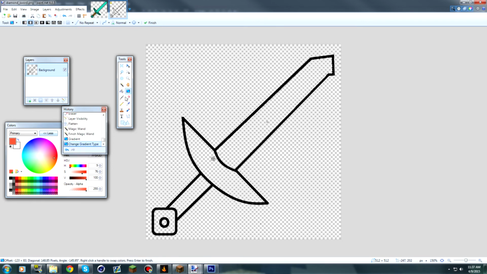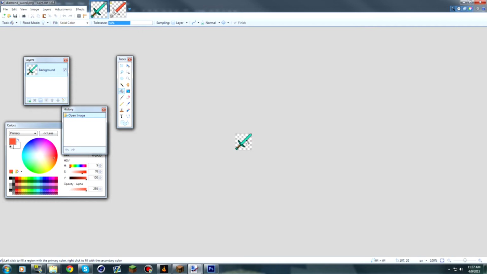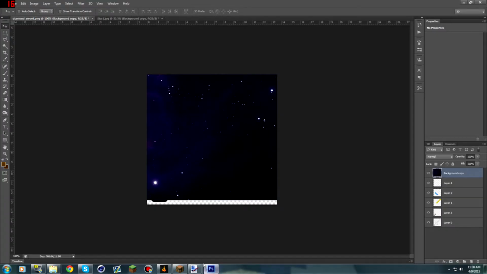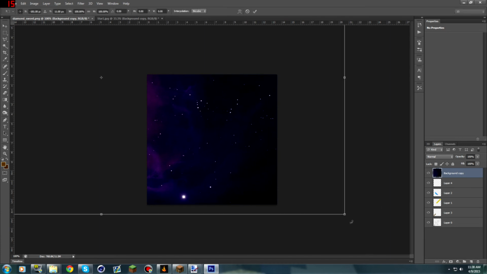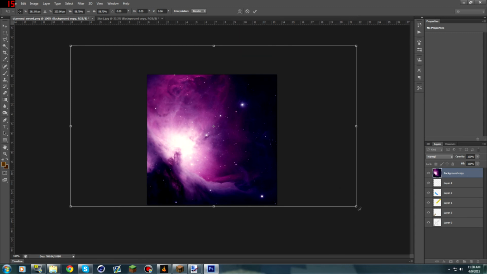Alright, I'll just use the paint bucket, and so you could have this, or you could just do that, but just make sure you don't color outside the lines, or else it'll look really weird. But yeah, you could just do this in Paint.net. I choose Photoshop because it's easier to work with, so just hit Control T and resize it to whatever you want. I want to make sure that that's in the middle,